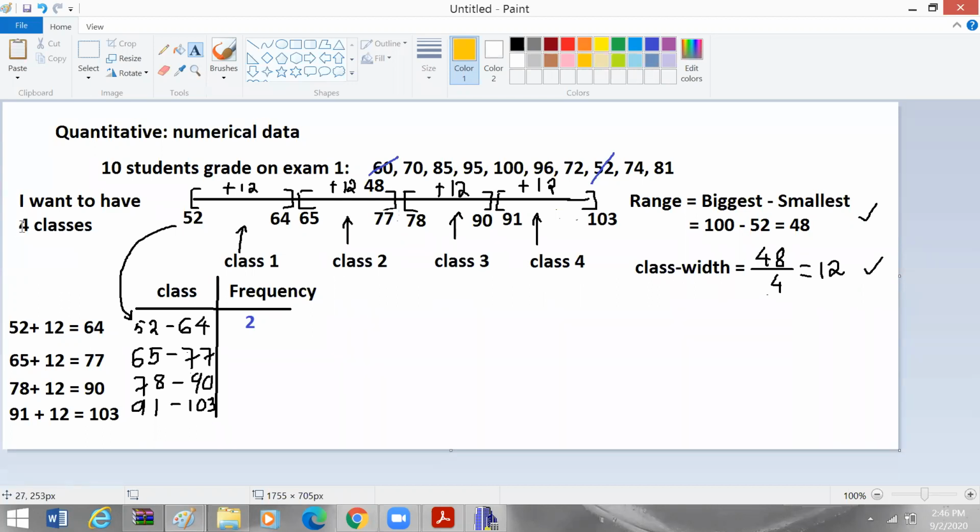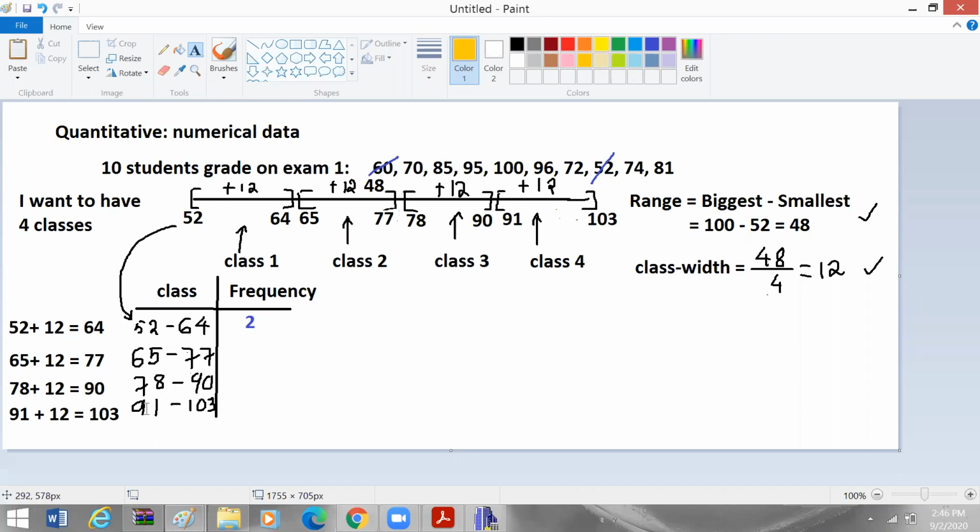If you want to divide it into 5 classes, that'll be 48 over 5. The class width should be smaller because I want to divide into 5 equal pieces. So that's not going to be plus 12 anymore. It depends on how many classes we want. Some people only want 3 classes, but I want to be more specific. I want to see how many people got between B minus and A minus, and how many people got an A minus to A plus, for instance.